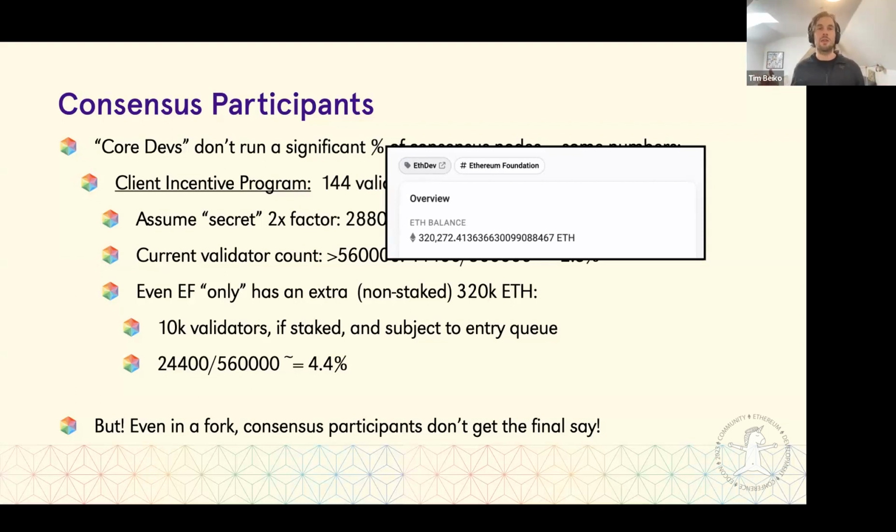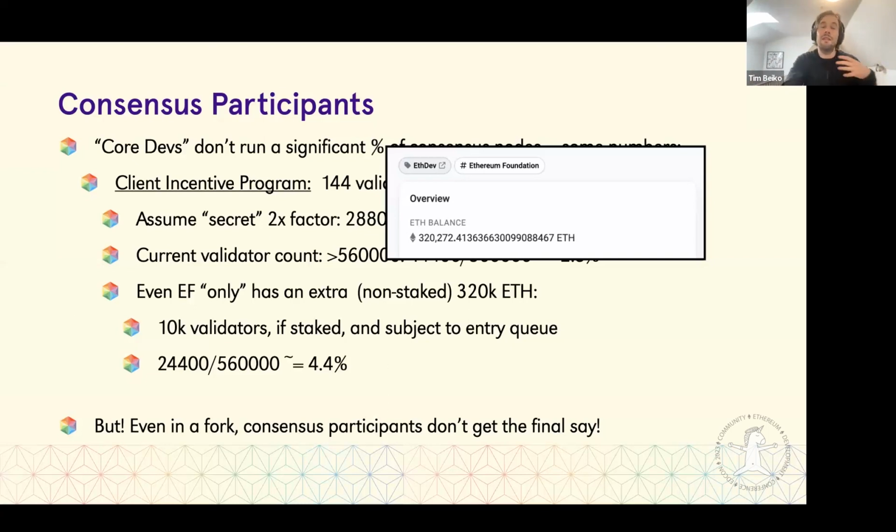And to put this in perspective, we usually have somewhere between 97 and 99% of validators online at any given time. So in this scenario where the EF goes all in, and the clients have some secret stash of ETH that they're creating validators with, that gets you roughly 50% more than what can be offline on a given day. So it's still an extremely minor share of the network. And this is just to emphasize that EIP champions, core devs, the Ethereum Foundation can all get together and propose a change, run it on all their nodes, but it still needs the overwhelming majority of the rest of the stake to support this change if it is to be the majority fork.